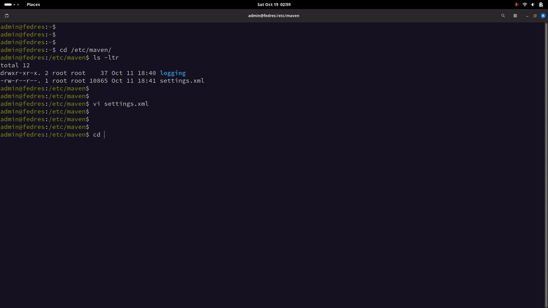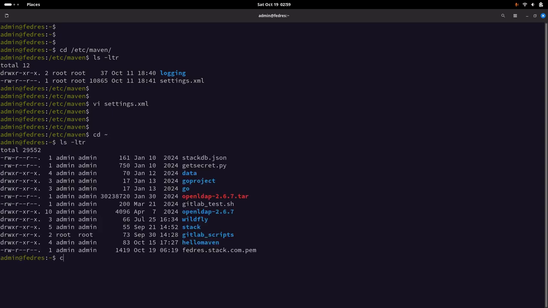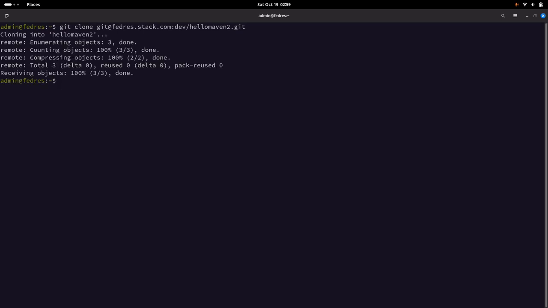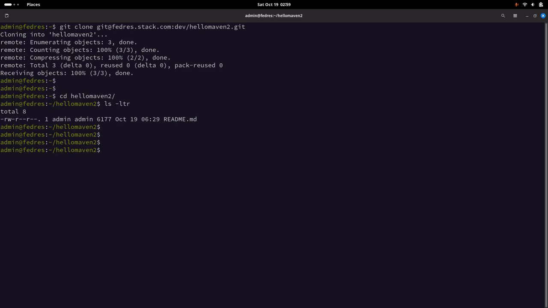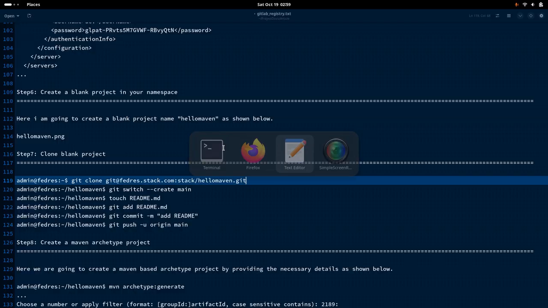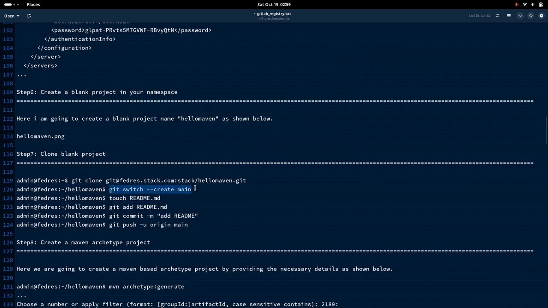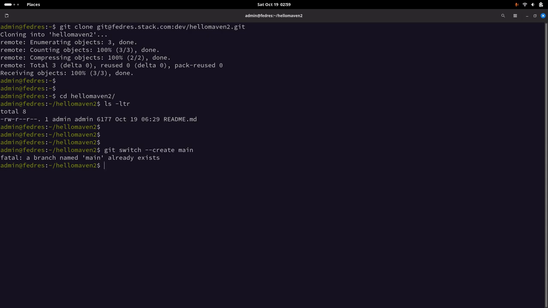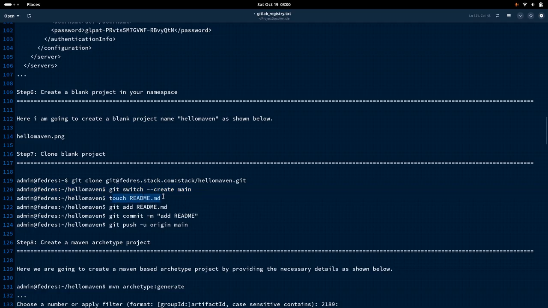And let me go to the home directory wherein we'll be cloning the project. So we have cloned our project. Go to hello maven 2, and we can just switch to the main branch. The branch already exists, so the project has been created with the main branch, and we can just touch the file,